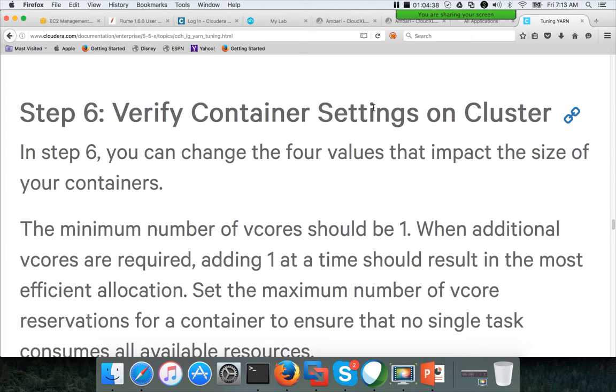So far we have seen how to set up YARN on the cluster, and the most important parameters from the CPU and memory side to use the cluster effectively for our MapReduce applications that will be running on the cluster. If you don't have any questions, we'll go ahead and talk on other topics within YARN.